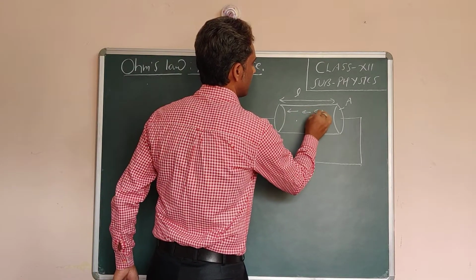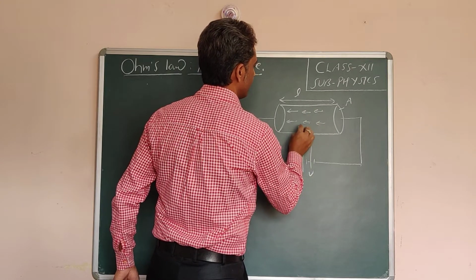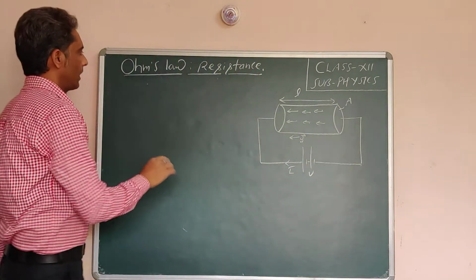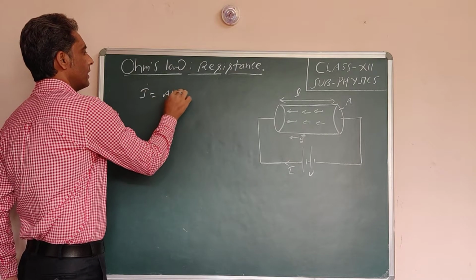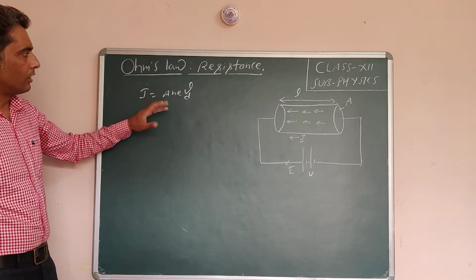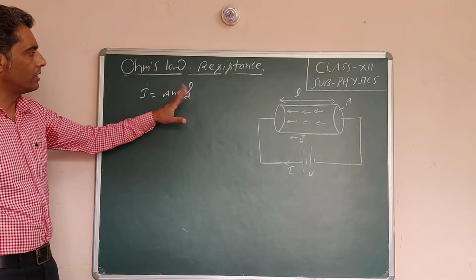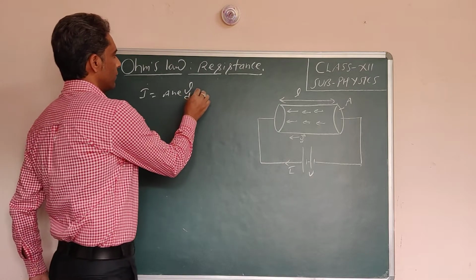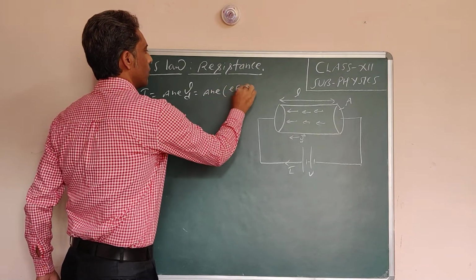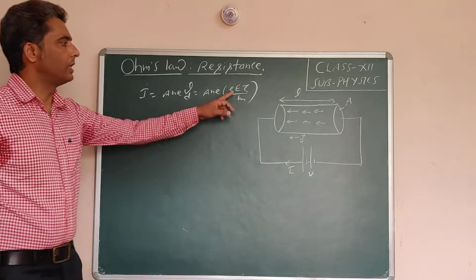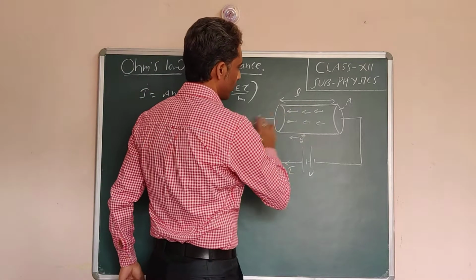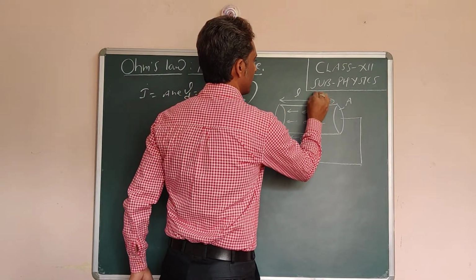Electrons are moving toward this side. Drift velocity is toward this side. So we have derived this relation I is equal to A N e v_d, where N is the number of electrons per unit volume, A is the area of cross section, e is the electronic charge, and v_d is the drift velocity. If I write it in terms of electric field, then it is equal to A N e squared E tau over m. So this E is the electric field and tau is the average relaxation time. The direction of electric field is from positive to negative, so the direction of electric field is toward this side.